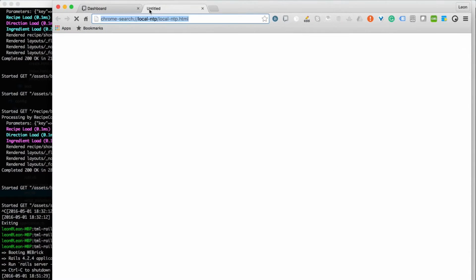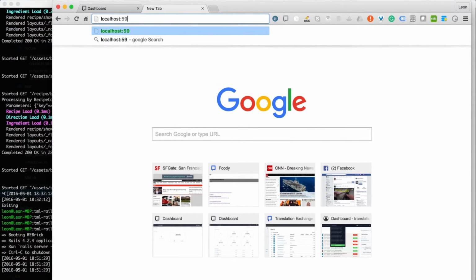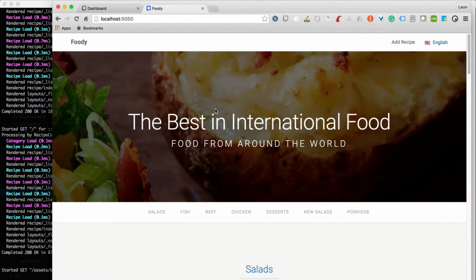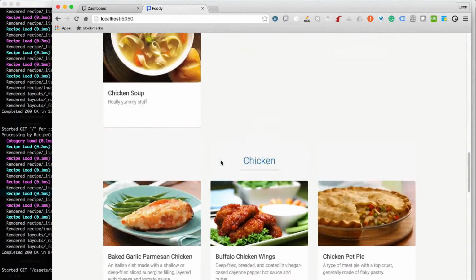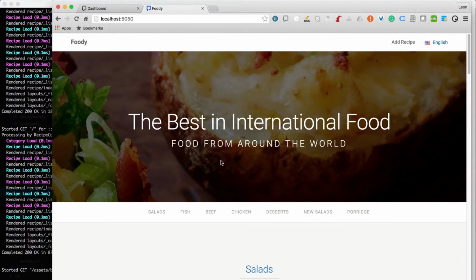Let's open localhost 5050, and that's our simple, tasty application. I remember I used the standard TML language selector and placed it on my navigation bar, and here it is. We can see only English now, and I'll explain where all the languages come from. Let's now translate it to German and Russian, and maybe Spanish as well.